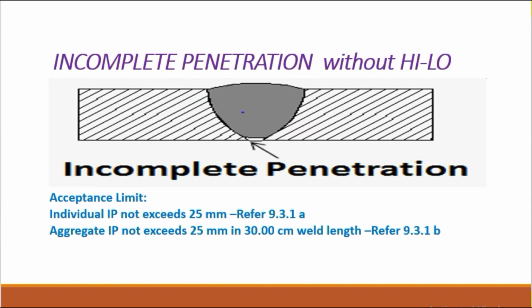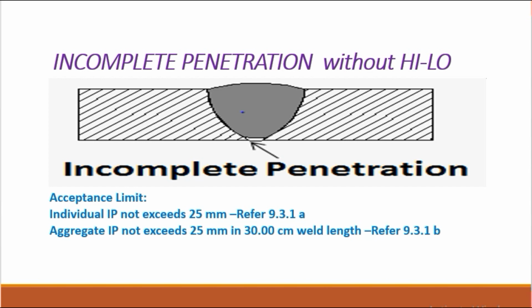Incomplete penetration without high-low. Here the root has no high-low. The fit up of the welding joint is perfectly okay, but there is still an incomplete penetration. You can see the arrow mark. So what is the acceptance limit for this one? For individual incomplete penetration,